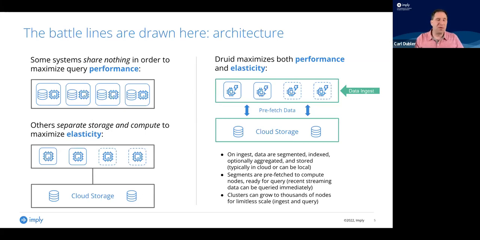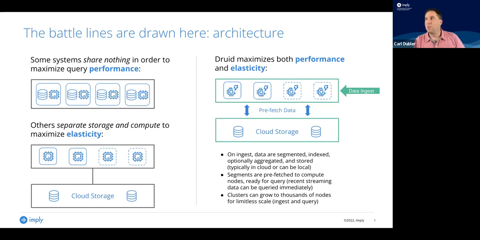So we have found that this approach is actually cheaper than doing a cloud data warehouse. In fact, the customer that was on the previous page, Imply Digital in Germany, was using a hyperscaler solution for this prior to going to Druid. And they were able to add 30 times the number of concurrent users with Druid, but actually reduce the price of the system 25%. So we think this is where the battle lines are really drawn between us and ClickHouse. Because they are shared nothing. What that means is that anytime you need to grow, you've got a challenge on your hands.